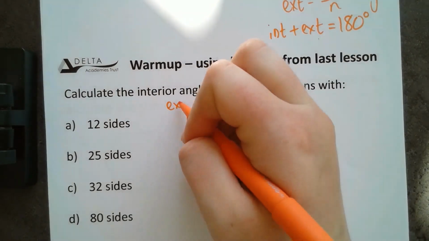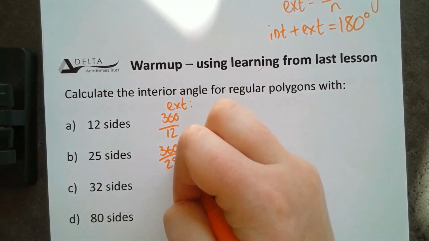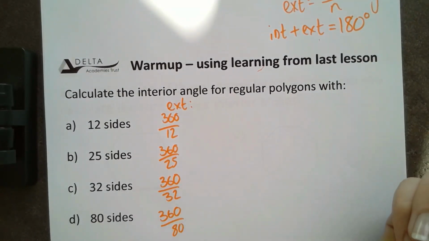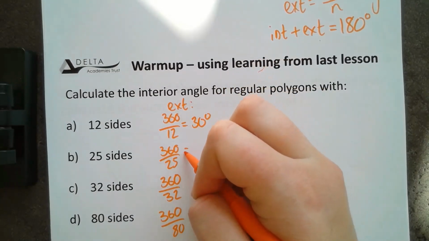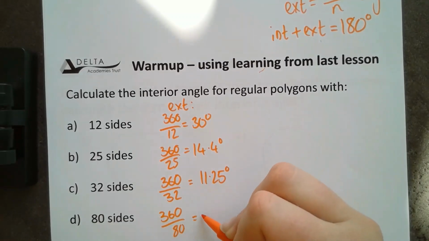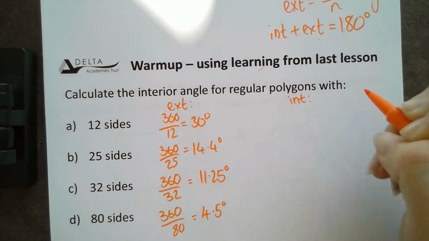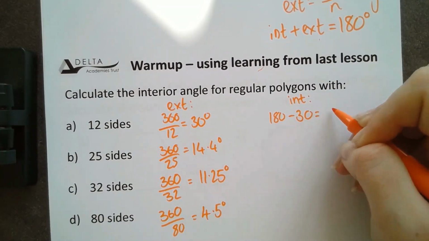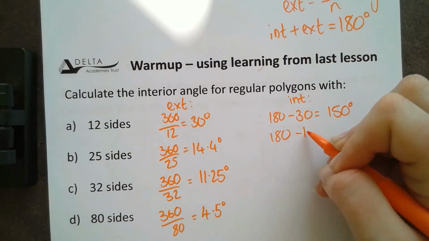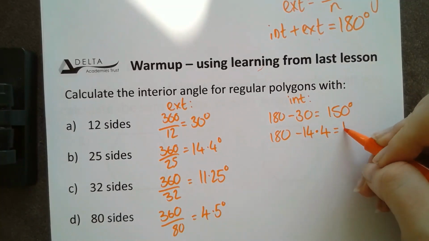So our exteriors came from yesterday: 360 over 12, 360 over 25, 360 over 32, and 360 over 80. That gave us 30 degrees, 14.4 degrees, 11.25 degrees, and 4.5 degrees. Our interiors therefore are going to be 180 minus 30, or 150. We actually saw this one twice yesterday. 180 minus 14.4, so we're going to end up with 165.6